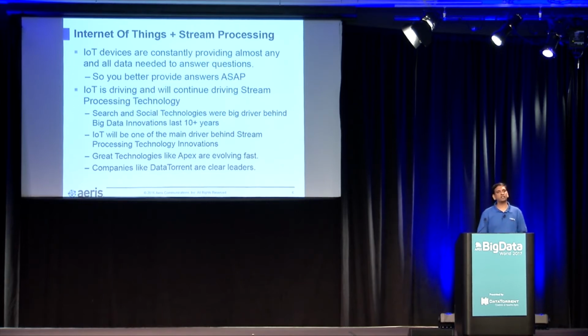So you need a stream processing platform that lives up to it, right? It has to actually respond to the system on time. That is where the IoT really pushes stream processing in many ways. If you think about it, big data was pushed a lot by the social apps and the search tools. I feel the IoT is going to be one of the main drivers behind stream processing because it requires the context, it requires the problem to be solved on time.